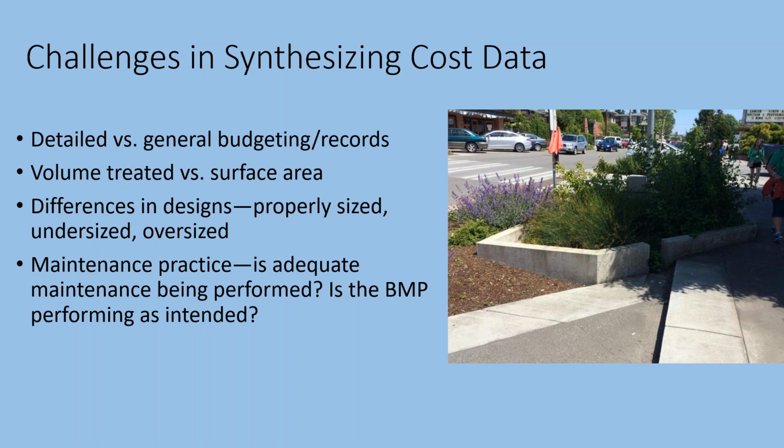Those are things like, was the BMP properly sized for the tributary area that it's treating? Was it undersized, where it needs more frequent maintenance? Was it oversized, where it needs less maintenance? There are things like that that are really hard to capture in a cost synthesis like what we were doing. And then other things are, if a local government provided data, we basically assumed that the frequency of monitoring or maintenance that they were providing was about right, but in reality, it may have been inadequate, or it may be more frequent than would typically be done in some communities.